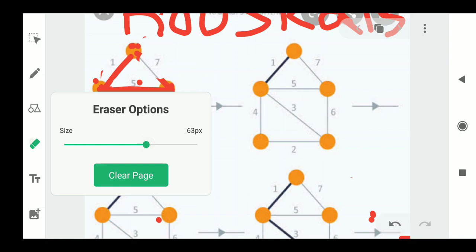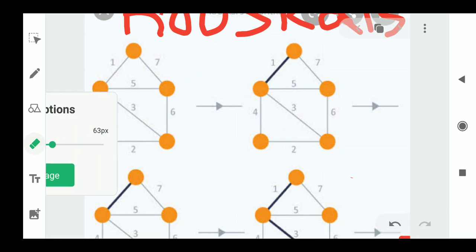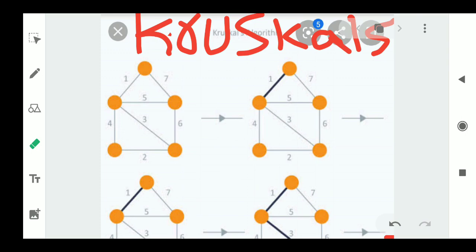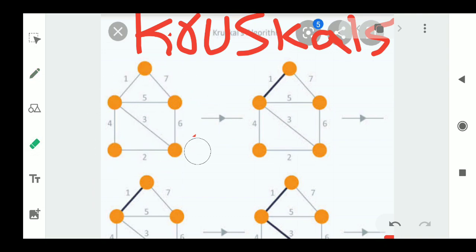See, the same example I will take, and we will go for Kruskal's algorithm. This is the same example we will discuss for Kruskal's algorithm also. What is Kruskal's algorithm here? This algorithm will not continue by selecting adjacent edges and all. Initially, if the example graph is given like this, we will see the least cost edge among all the edges.